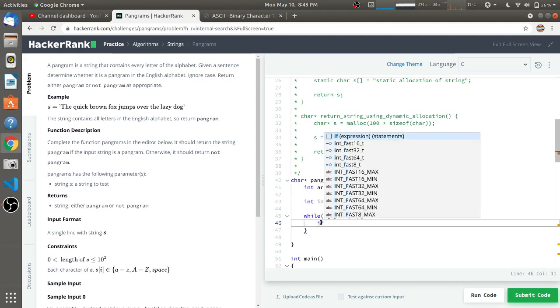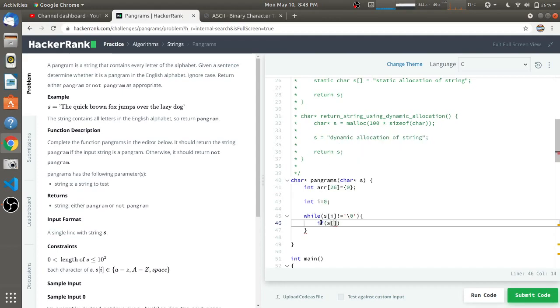So we'll check if this character s of i is greater than or equal to 'a', but it should be in the range of small letters, so we have to check one more condition, that is s of i is less than or equal to small 'z'. You must be wondering what I did here.